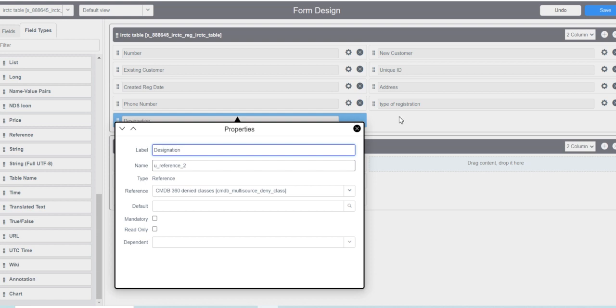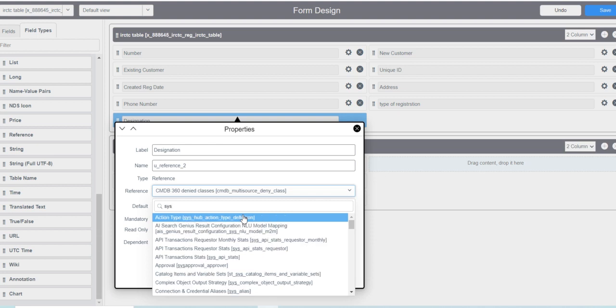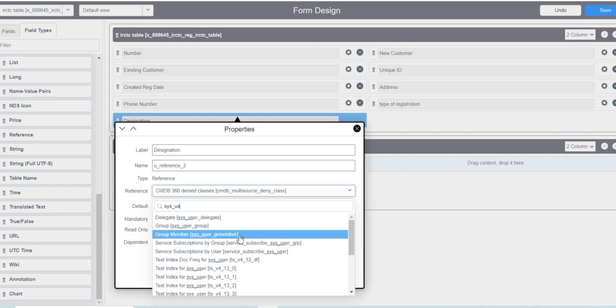The designation table is different, it might be the CMN underscore department. Just have a look, sorry, not department. That belongs to sys underscore user. Just take the lookup rule, sys underscore user,